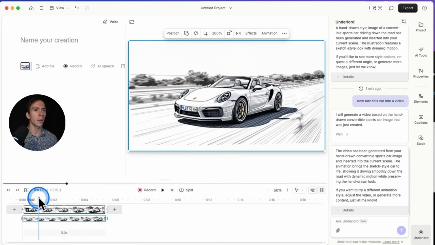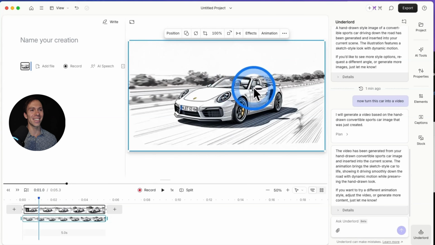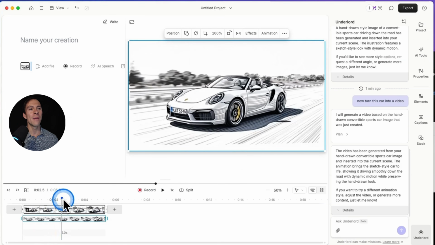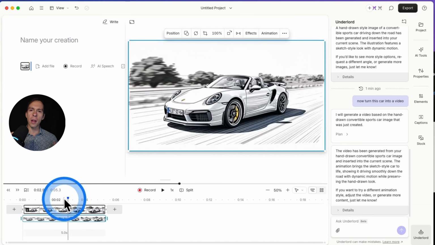Okay, pretty cool. There's still problems. For example, there's no driver, there's a passenger, but it's just empty. We got a self-driving car going on here. But you can see the wheels turning, and you see what I mean, that when it's hand-drawn or anamorphic or something like that, it's going to look better than when you're trying to create a video out of realistic